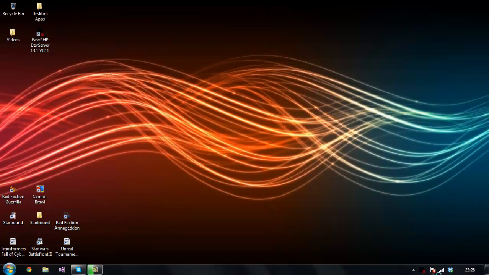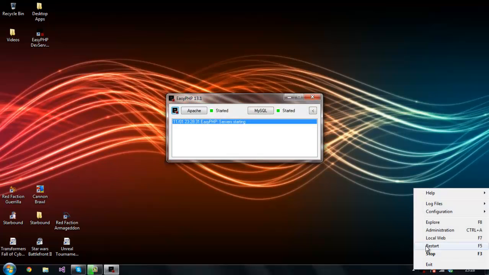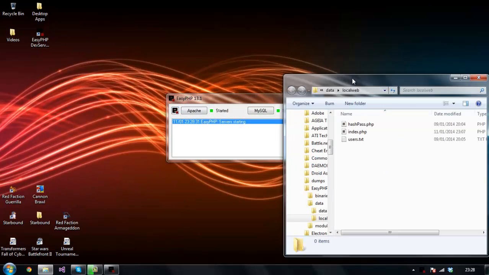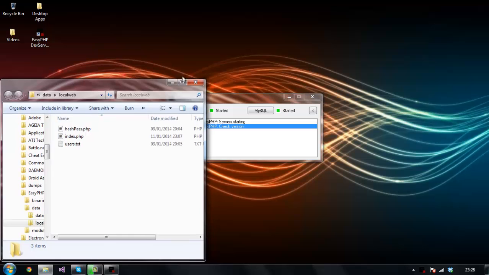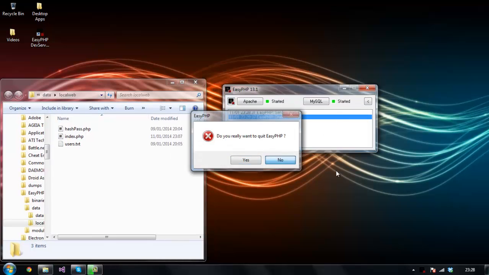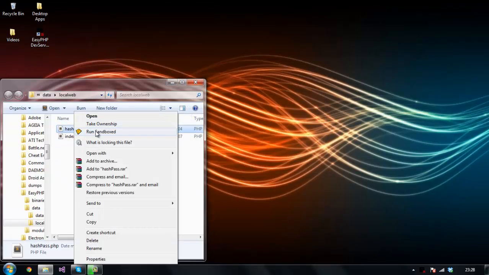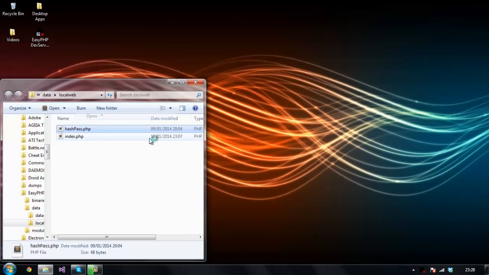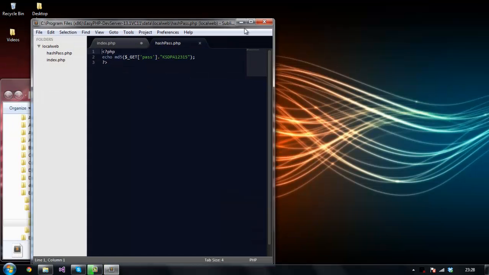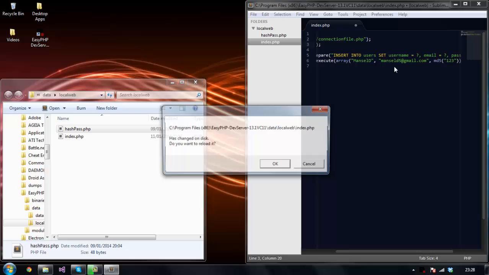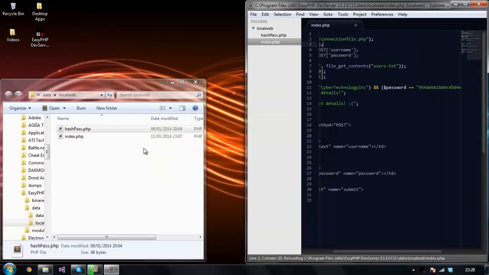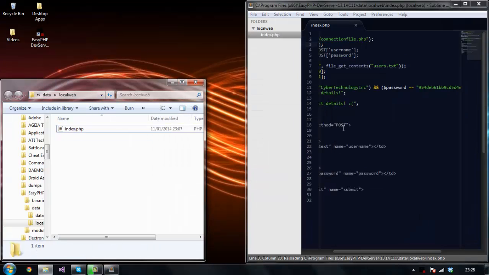Open that again. Explore for the folder. And then we can just click this and then click no to put it back there. I'm going to get rid of that because we're not going to use that. I'm going to teach you a proper method. Should I just delete that? Right,